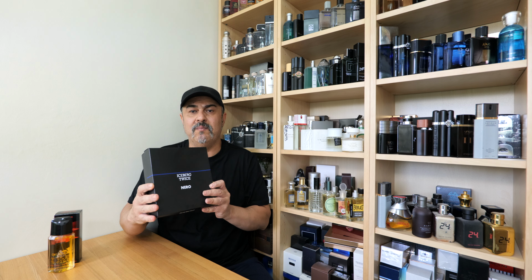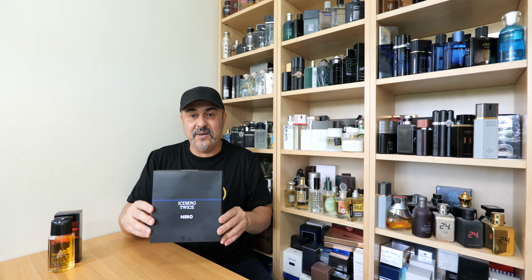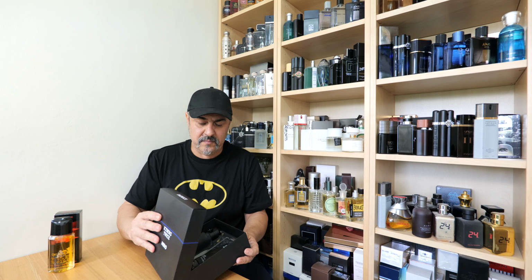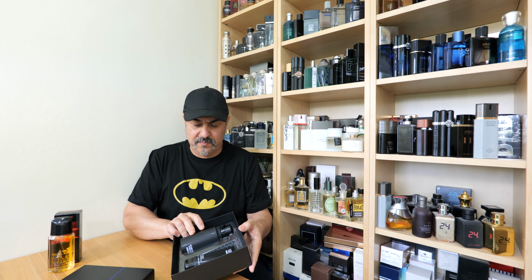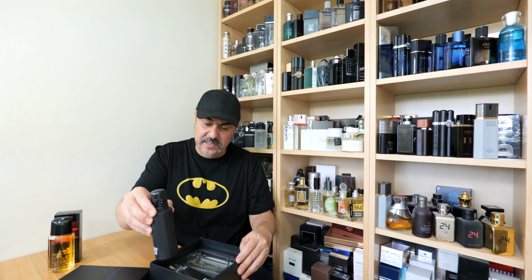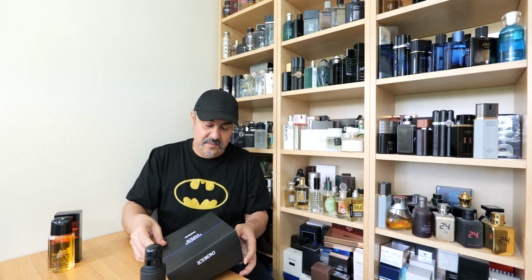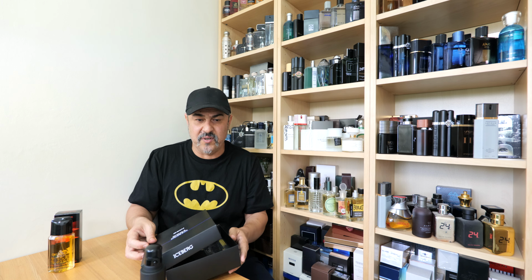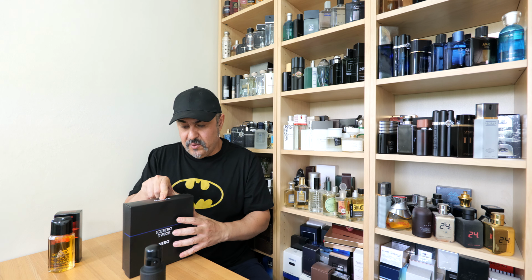So with this one, this is a gift pack. As you can see, all black. It says Iceberg Twice Nero. The packaging is quite simple, but it does the job perfectly, which protects the bottle. The bottle is all very cute. Wow, strong smell of cedar for some reason. Okay, so